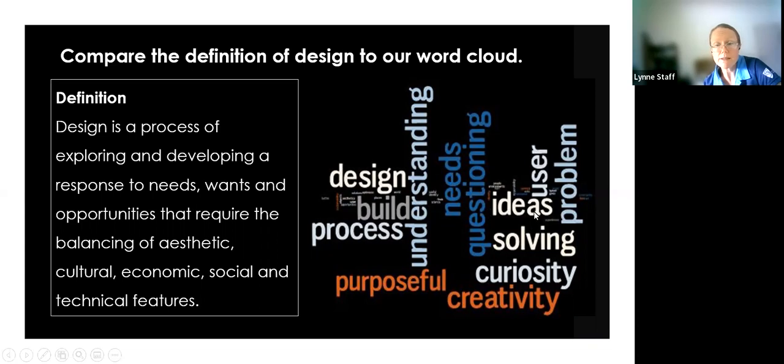Coming up with ideas, excellent. That one is definitely jumping out at us. So when we're developing a response, we need to come up with some ideas. How are we going to tackle this problem? What are we going to do? Okay, and